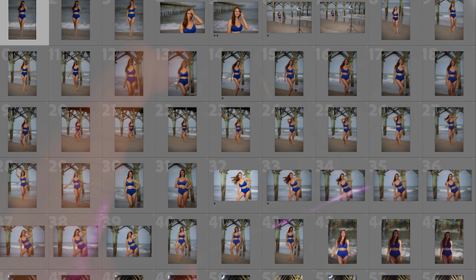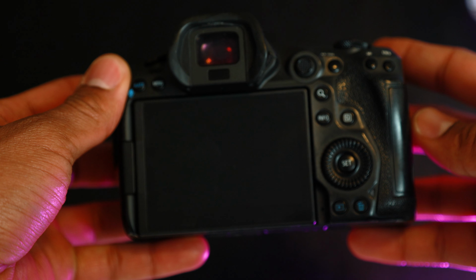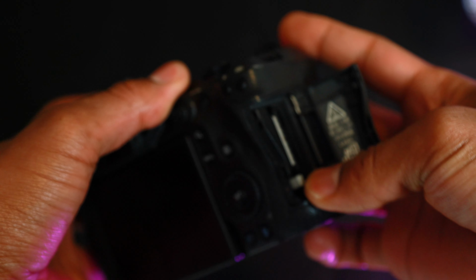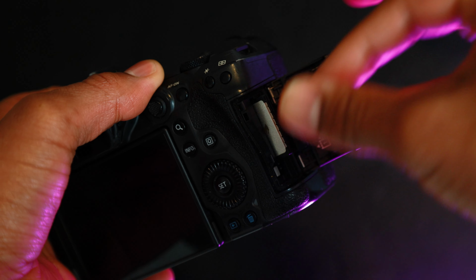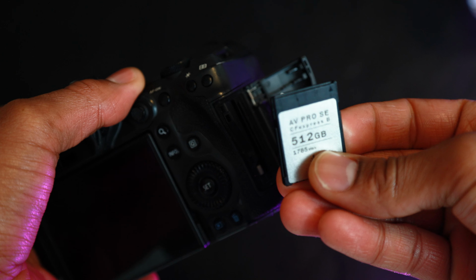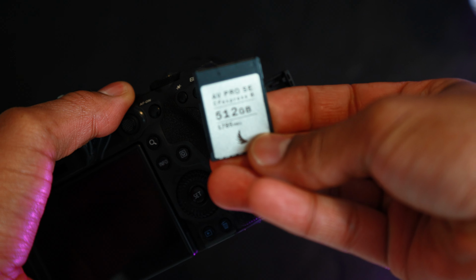It's faster, like I said, to rate it 1 star in the field because you know exactly which ones you want, which ones you don't want. If you make a mistake, you can always go back to Lightroom. Once you rate them by star, you can just go back to the couple of images within the one you